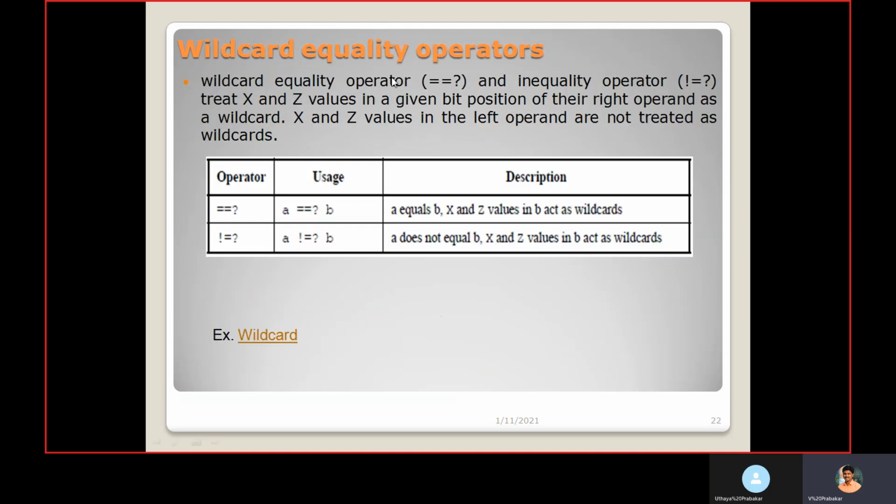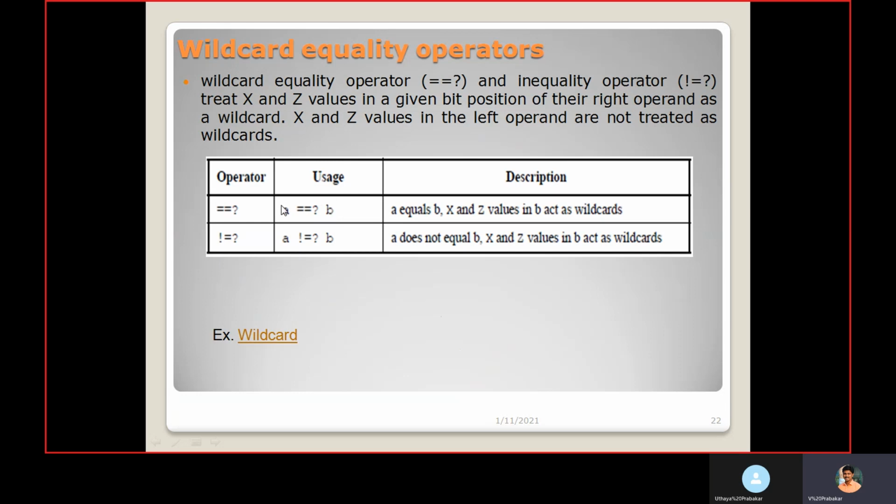And wildcard equality operator. This one indicates wildcard equality, equal to question mark, wildcard operator. And wildcard inequality is represented by not equal wildcard. Here, in the right hand side variable, if x and z are present in a given bit position, they will be treated as wildcard.